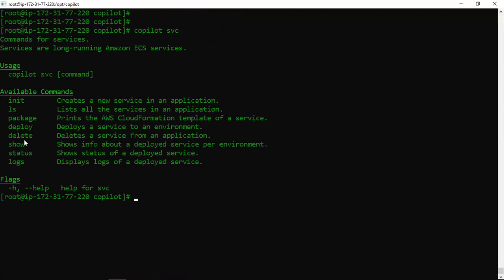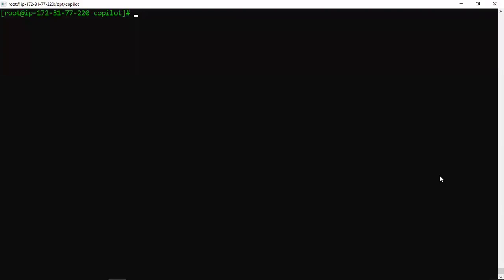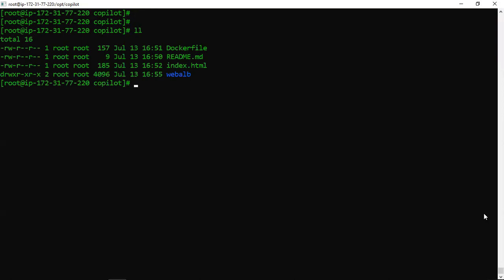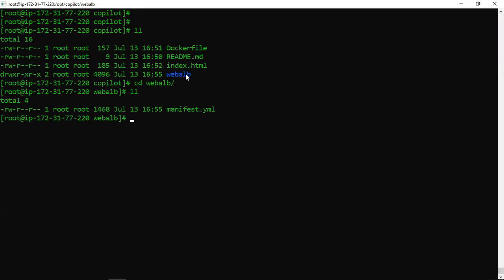Now, the most important part, if you want to create some new services on Copilot, there is a command called deploy. So I'm going to tell you something about the deploy. But before deploying the new services, let me tell you something about how this infrastructure has been created. So I'm in this directory, I'm putting ll, and I can see there is a new directory that has been created while initializing my Copilot project. If I get inside this new directory, which is my service, and put ll, I can see my manifest.yml. So let's read this manifest.yml